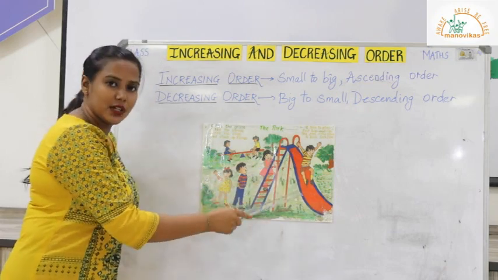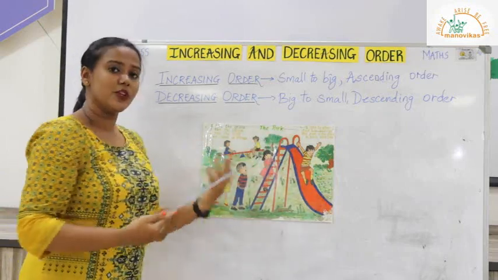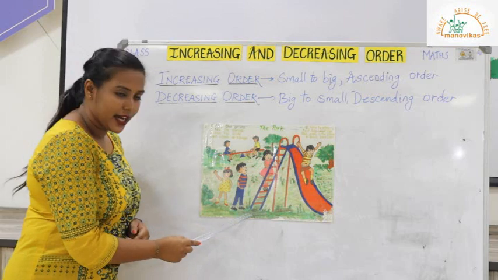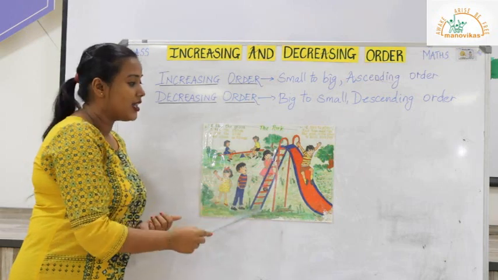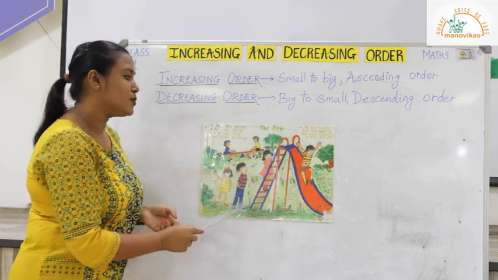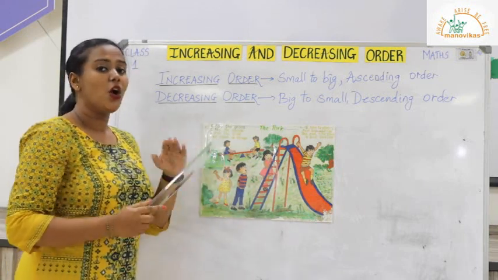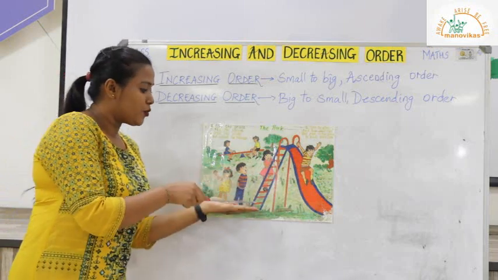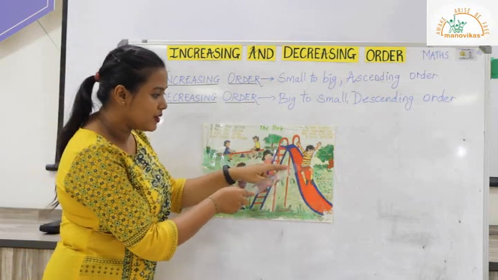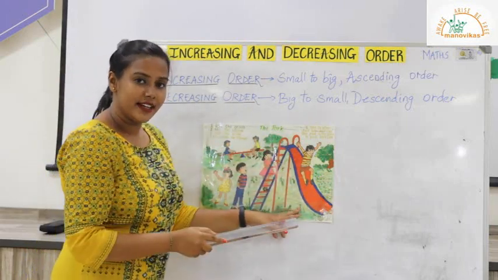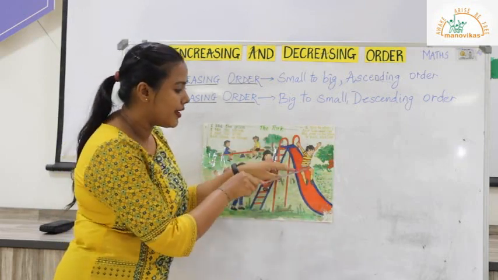So can you notice here, students, even in your daily life or your everyday life, you come across these different concepts of mathematics. That is, as you climb on the steps to go to the slide, it is called the ascending order, the increasing order, or from small to big. That is, you are going on top, you are climbing. And as I said, ascending order or increasing order would be going from a smaller level to a higher level. And as you come down sliding through the slide, it would be the descending order or the decreasing order. As I have told you, descending order is coming down.